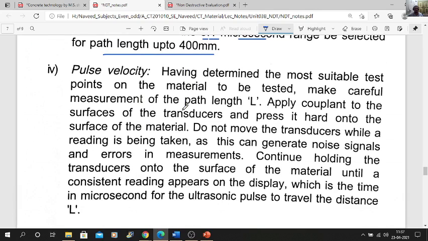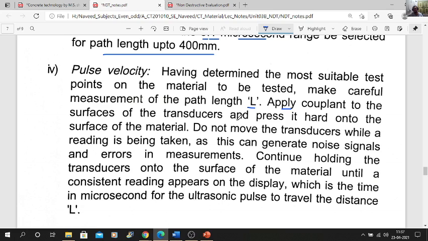For the pulse velocity, having determined the most suitable test point of the material to be tested, make careful measurement of path length L. Apply couplant to the surface of the transducer and press it hard onto the surface of the material. Do not move the transducer while a reading is being taken.